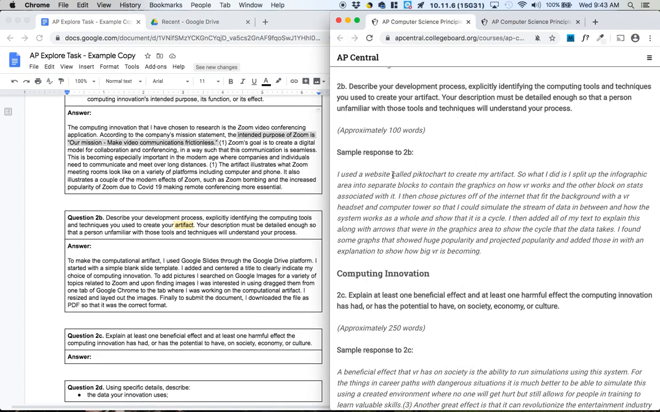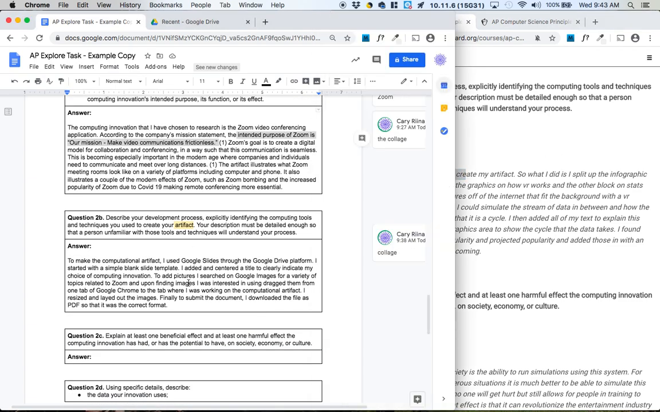We didn't use Piktochart. We used Google Slides in a very similar way. To make the computational artifact, I used Google Slides through the Google Drive platform. I started with a simple blank slide template. I added and centered a title to clearly indicate the choice of computing innovation. Let me just add Zoom here so that I'm being explicit about it again. To add pictures, I searched on Google Images